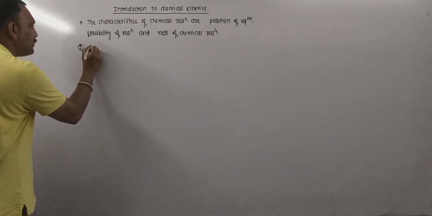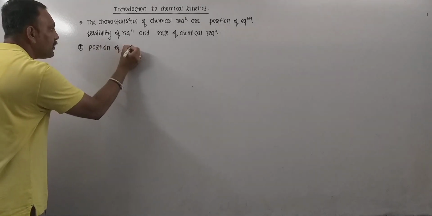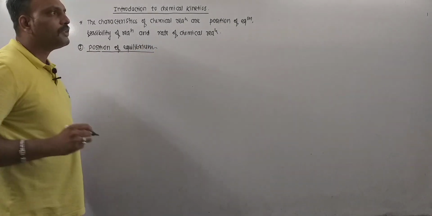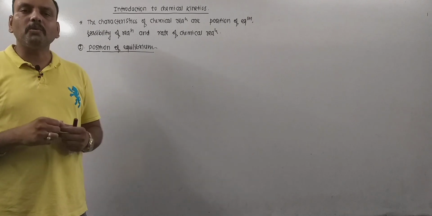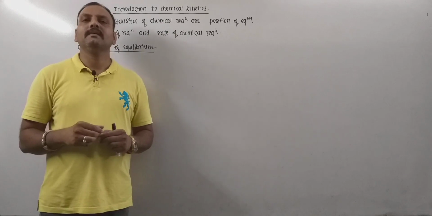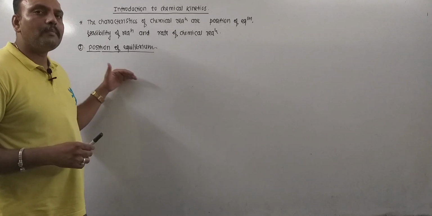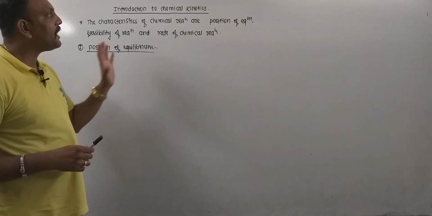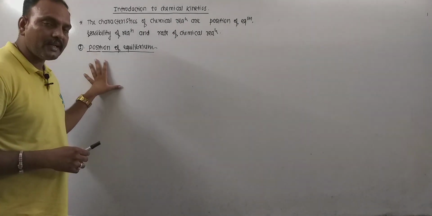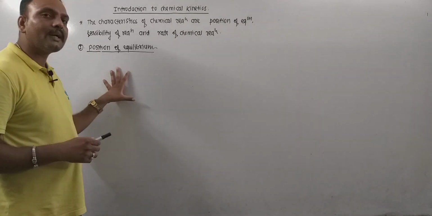So very first, position of equilibrium. Now remember, the position of equilibrium can be better understood by considering the equilibrium constant, and remember this area is covered by chemical equilibria. Remember, kinetics, I mean chemical kinetics, doesn't have to do anything with this characteristic property of a chemical reaction. So this area is covered by chemical equilibria.